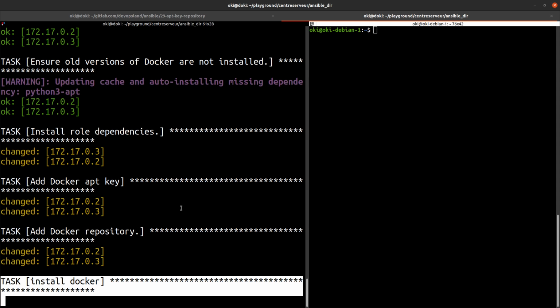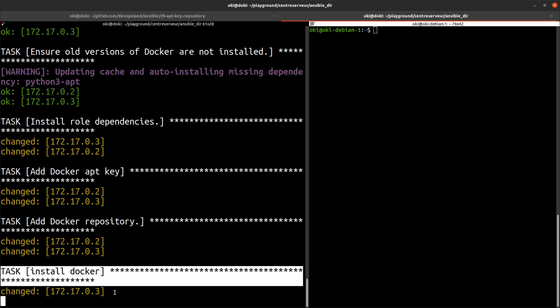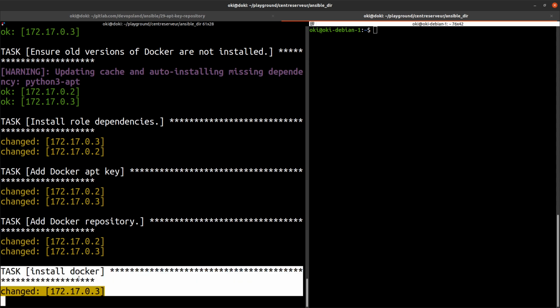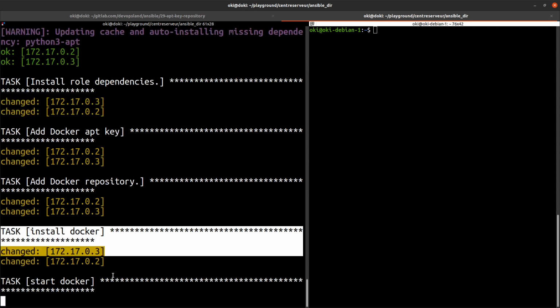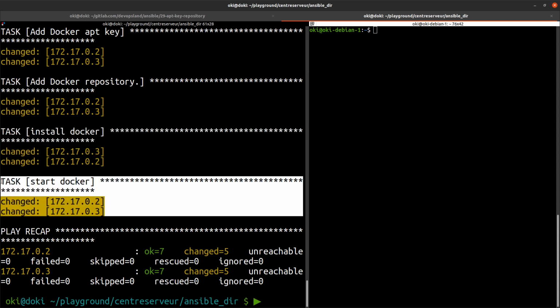That takes a few seconds. Okay, that's done on .3 and .2, and after that Ansible checks whether Docker is already started, and if it is not, starts the Docker service.